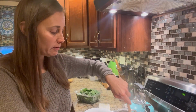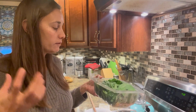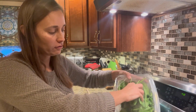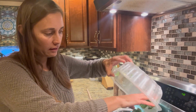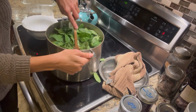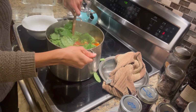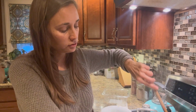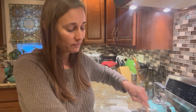The final ingredient that we want to add to our soup is some spinach. Now spinach is one of those things, if you add it to something like a soup, you can add basically a heaping amount and it looks like you're going to ruin your soup. You can see this giant pile of spinach I added to the soup here. This will cook down to almost nothing, and it'll get to the point where you will barely even notice it in the soup. So now that I've added the spinach, I'm just going to turn off the heat. I'm going to cover the pot back up, and we're just going to let the residual heat from the soup gently wilt the spinach, and